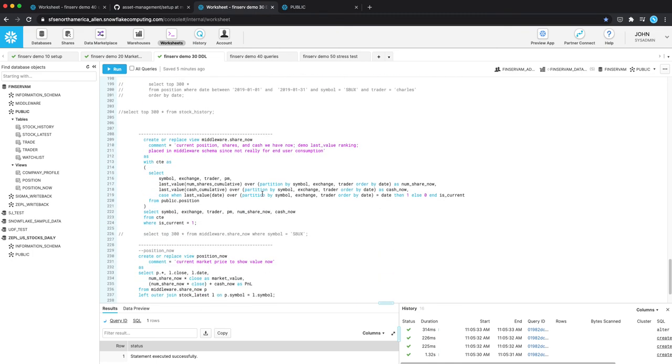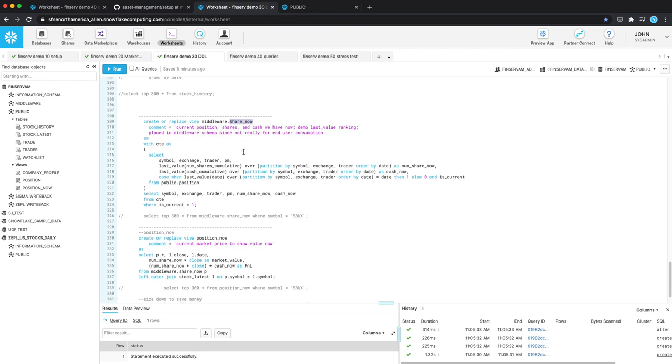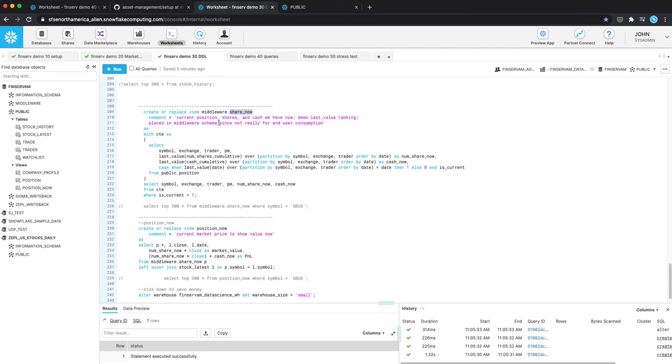Okay, so here's the share now. It's kind of like an intermediary table. And this share now view is just using position now. We could actually wrap this share now view into this common table expression, so it would be like two nested CTEs in here. But the developer wanted to break it out because it felt a little easier to understand. So basically what you're getting here are the shares, using the is current value of